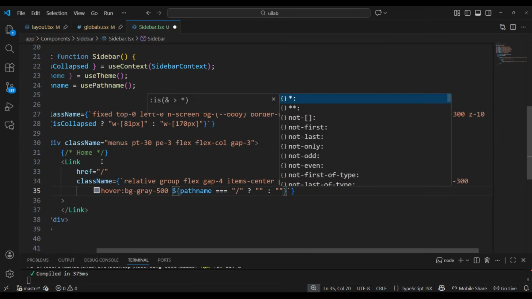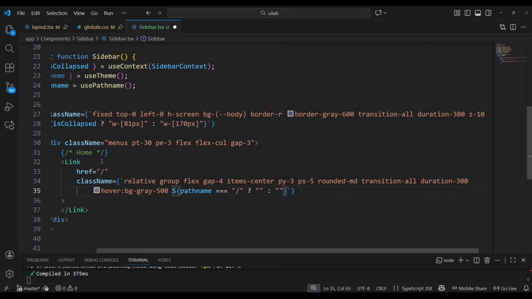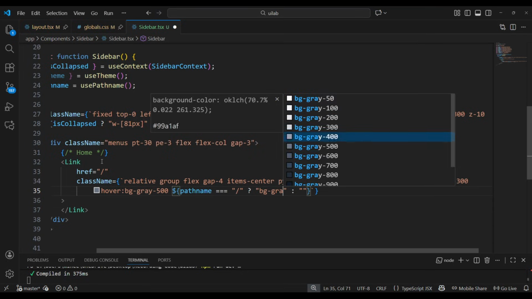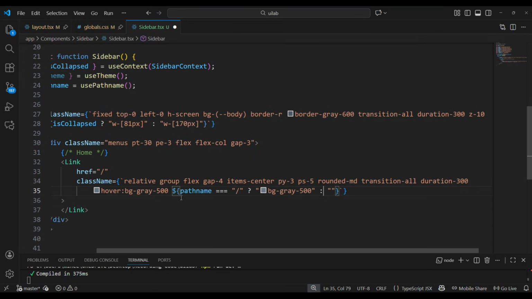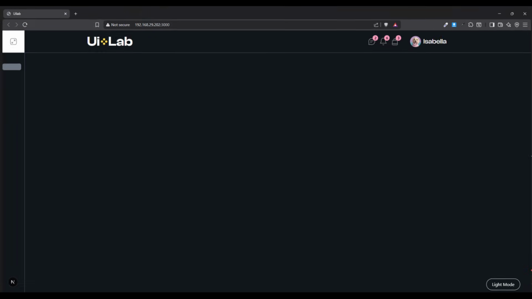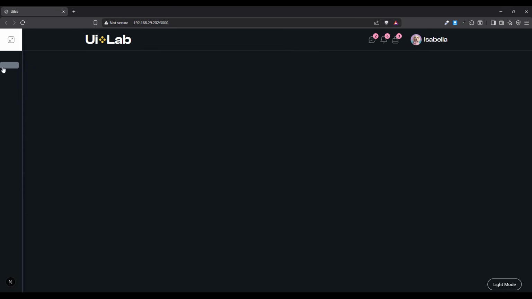So if the condition is true, the part after the question mark will be executed. So apply the class name bg-gray-500, otherwise no class will be applied. So let's check out. Okay, fine, it has a gray class, you can see that now, right, inside